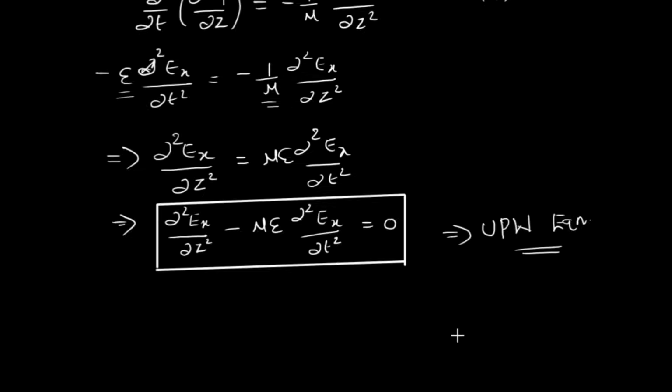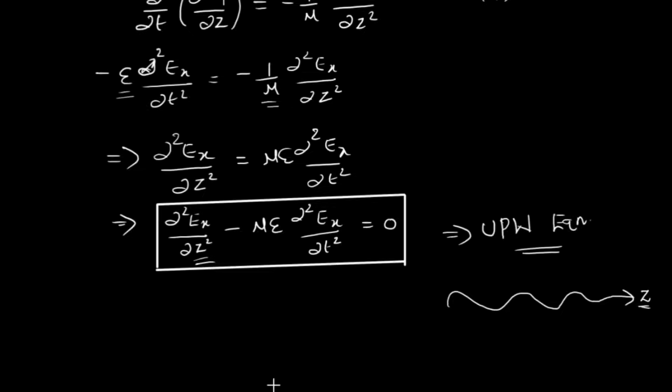Now, one more thing we can infer from here, even though already discussed, is that you have to understand that this wave is traveling in the Z direction. That's why we have here del square by del z square. It is not necessary that this wave should always travel in the Z direction. You should not have that hypothesis in your mind,